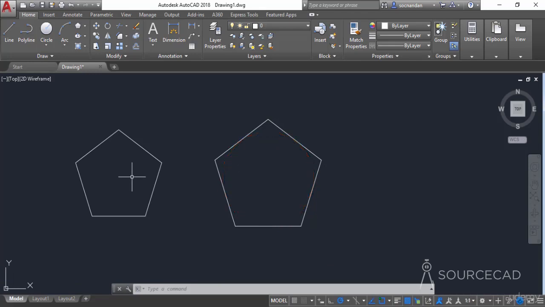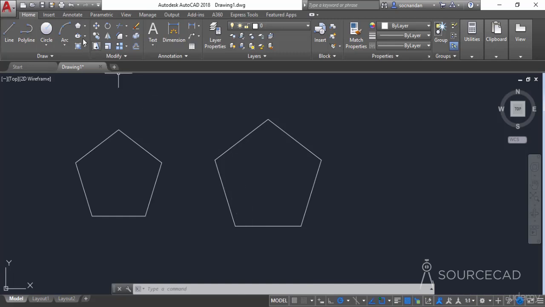So here we have the polygon which is inscribed in a circle of radius 10, and here we have the polygon which is circumscribed about a circle of radius 10 units. We have one more method of making the polygon, and using that method you can make a polygon with a known value of its side length. Let's say that we know the length of the side of this polygon, and we want to make a cyclic polygon in such a way that all the sides of that polygon are of that length which we specify.